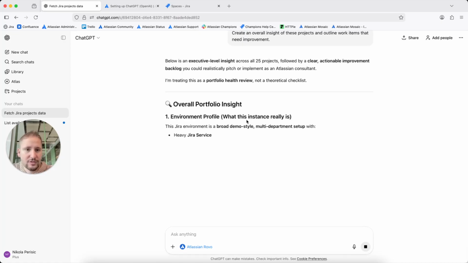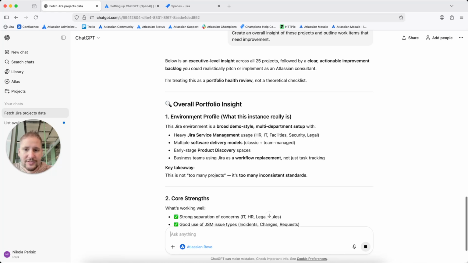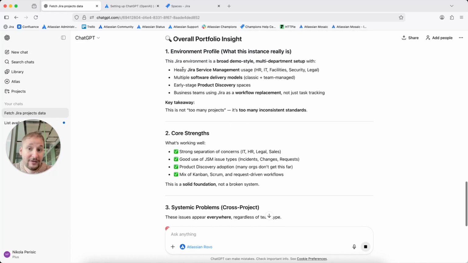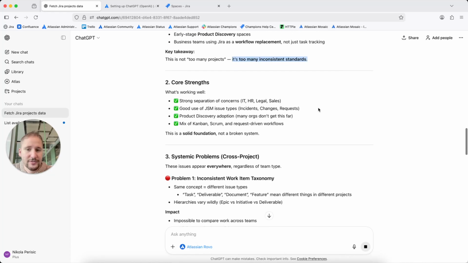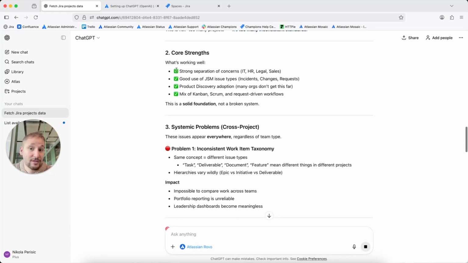So it follows with a clear, actionable improvement backlog you can do. And it's giving an environment profile. It's saying, okay, I have heavy usage of Jira Service Management, multiple service delivery products, early stage product discovery spaces, and so on. So it's really good. This is not too many projects, it's too many inconsistent standards. And then it's telling you